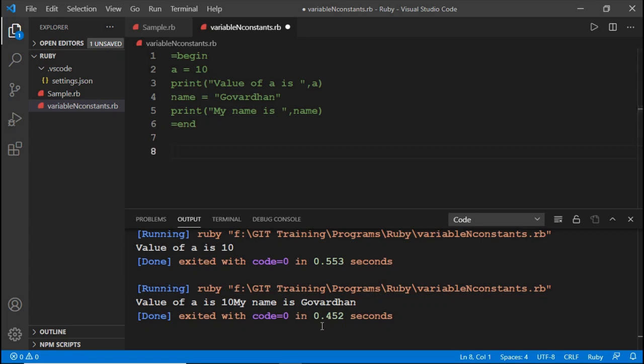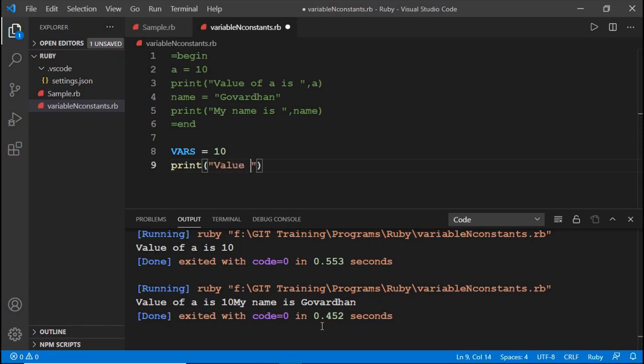As we said earlier, a constant is defined with uppercase letters only. Here VARS is my variable name and its value is 10. Now I am going to print the VARS value.